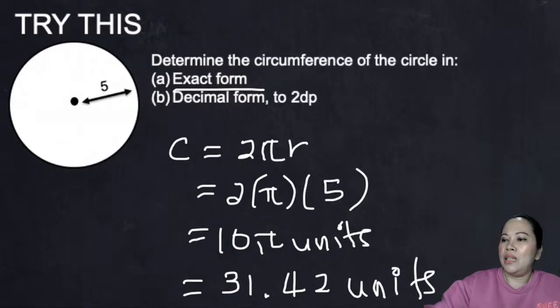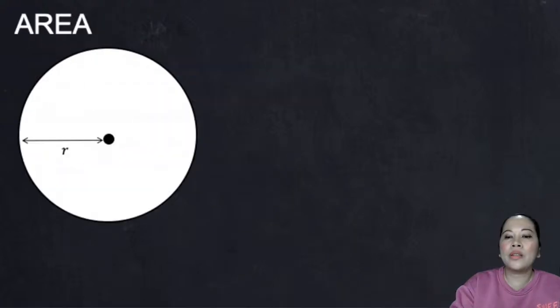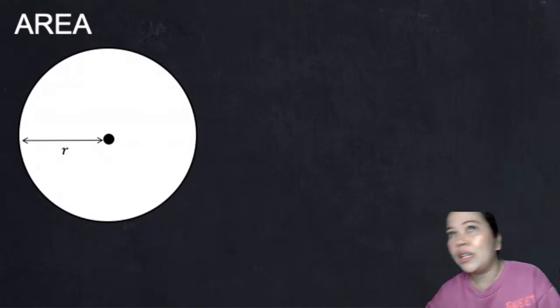Okay, moving on. So area. So we have done circumference, and so if we talked about area of a circle, it is the space. So it's the same with the area of any shape. It's always the space that is bounded in a 2D shape. So for this case, for your circle, it's the area inside. So if you are asked to find the area of your circle,